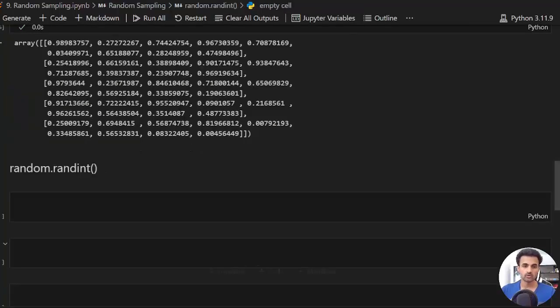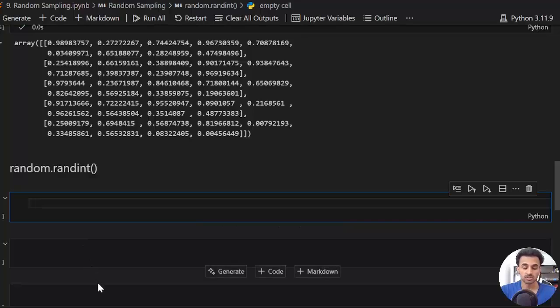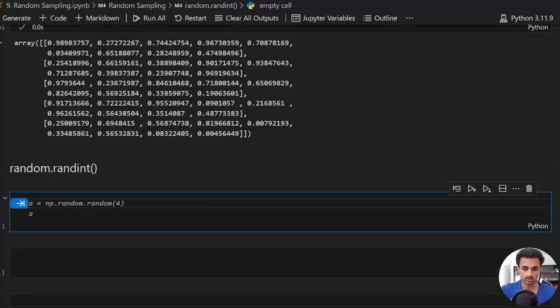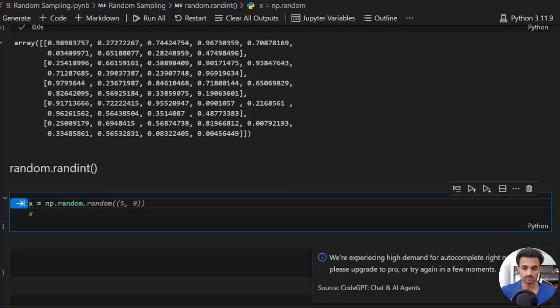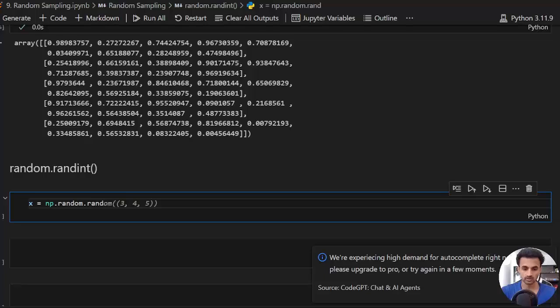Now we will see the random.randint function, how you can use it in NumPy. So if I explain, random.randint basically creates integer values. Previously we used random.random, we create a float value. The value starts from 0 to 1, and now you will see how we can create an integer value. So let me take x, and I say np.random.randint,